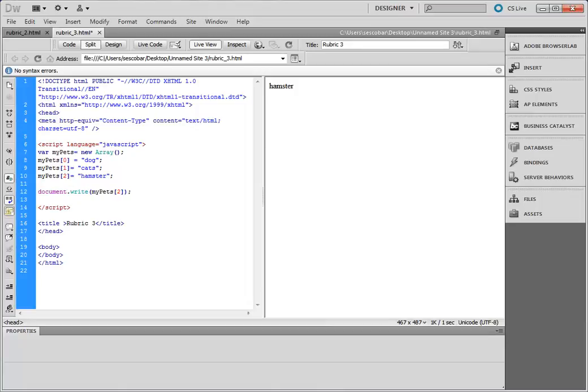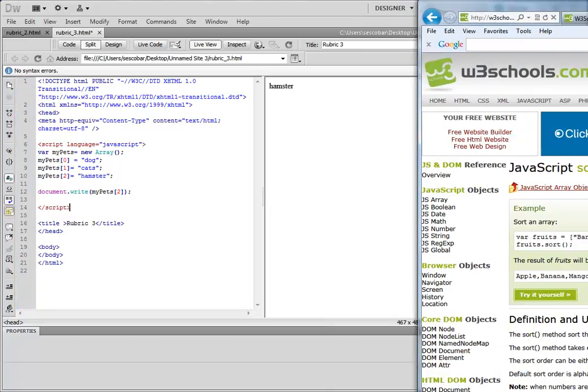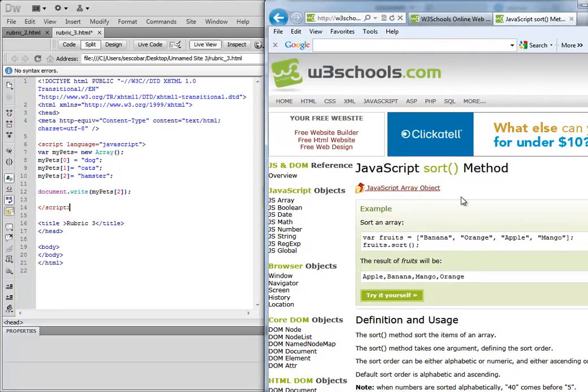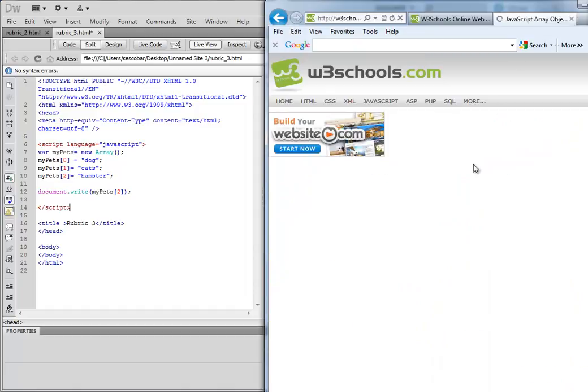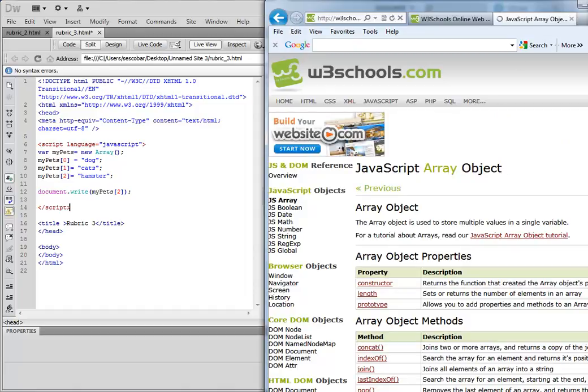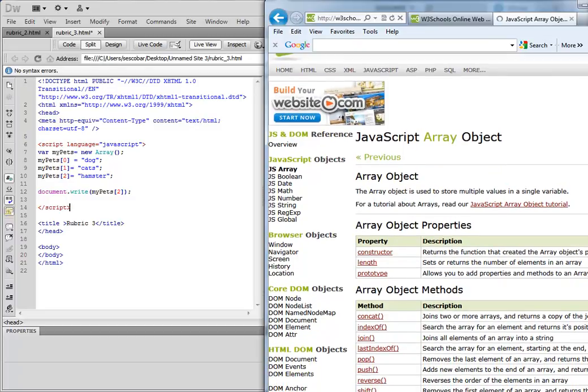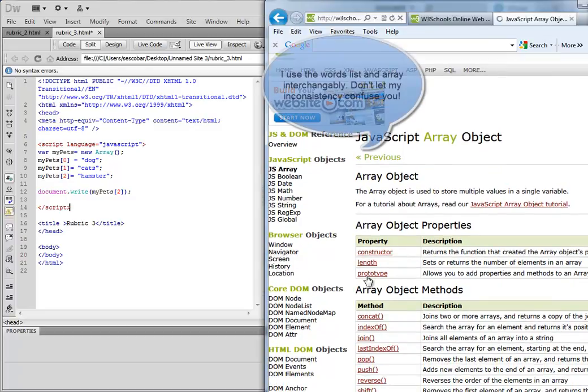Okay, so now we're going to talk about properties and methods. And this is not something necessarily that you have to memorize. I did provide you with a link to a list so you can see what types of properties and methods are available for use with the list. So if you go to the link that I provided, it has these properties that the list has and these